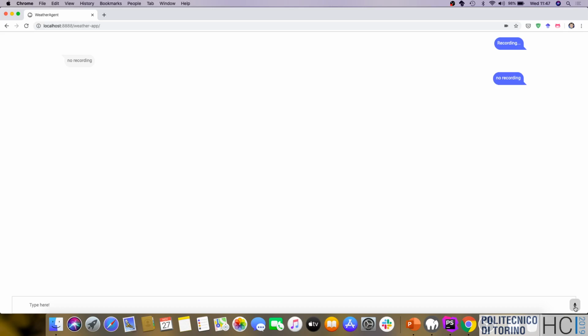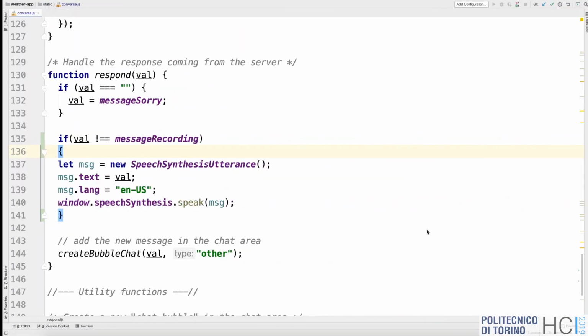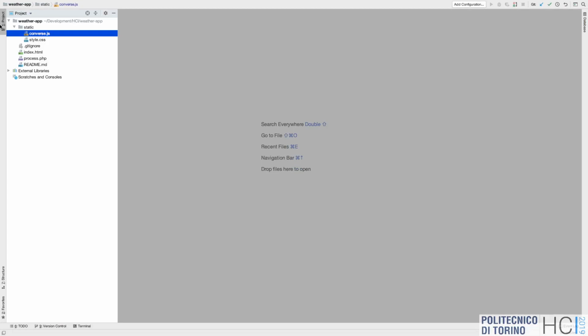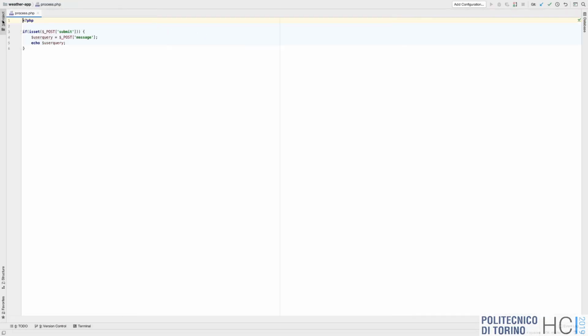And then from that, we will move on to, let's say, a real natural language processing part. So again, these simple things could be done in JavaScript directly or in PHP. Basically no difference, because it's just a couple of if clauses. But we are going to do this in PHP, so we are using that file that is there for no reason right now. So we don't modify this converse anymore, and we are going to open this